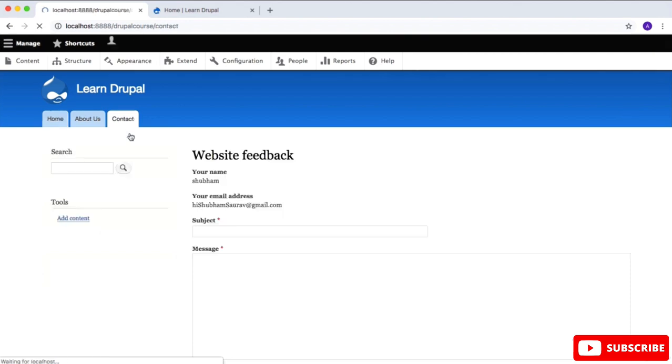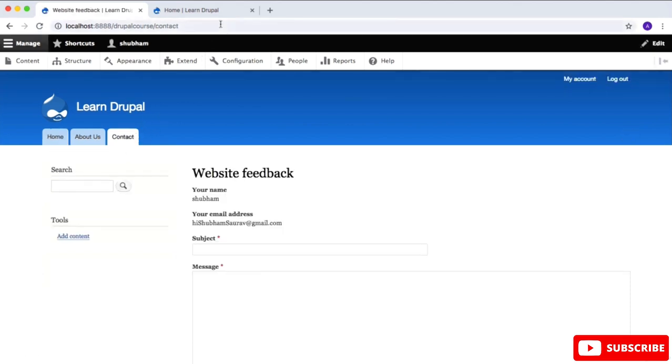You can also find this page. If you click on that link, then you will see that Drupal has this basic default contact us page for giving website feedback, and you can find it using your Drupal website link/contact. This is the default URL for your contact us page. Basically you need to enter your Drupal website URL/contact and you will see the contact us page. Now what is this contact us page? Basically this is the page which is available for us to give feedback to the website administrator, which in this case is us.